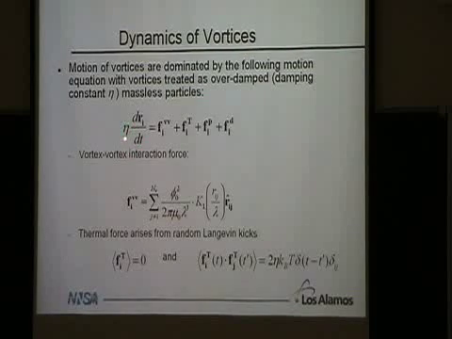So in our case, eta, we're just going to take the v1. It's related to the normal state resistivity of the material. The velocity of our particle is going to be proportional to the interaction force between individual vortices, which we treat pairwise. Thermal forces from the dynamics. Interaction with our substrate, whatever that might be, and then interaction with the driving force. So let me go through these terms one at a time.